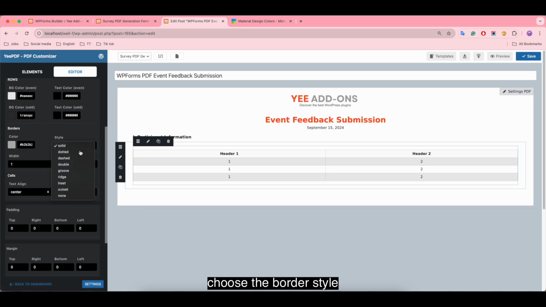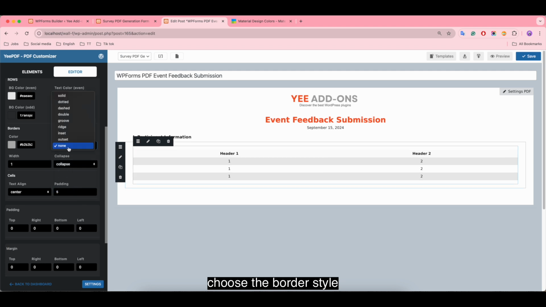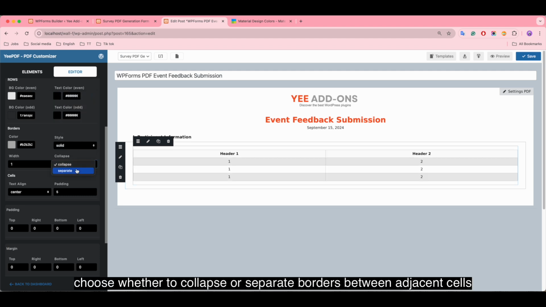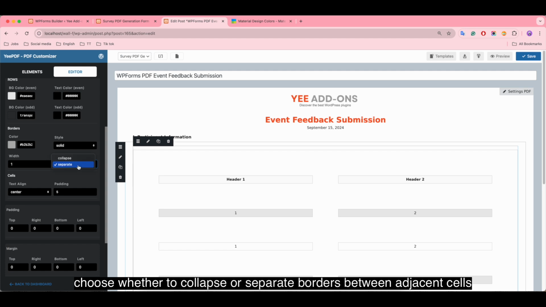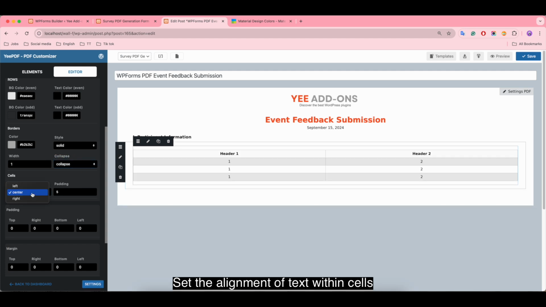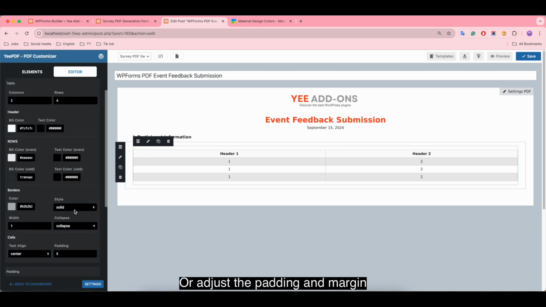Choose the border style. Choose whether to collapse or separate borders between adjacent cells. Set the alignment of text within cells, or adjust the padding and margin.